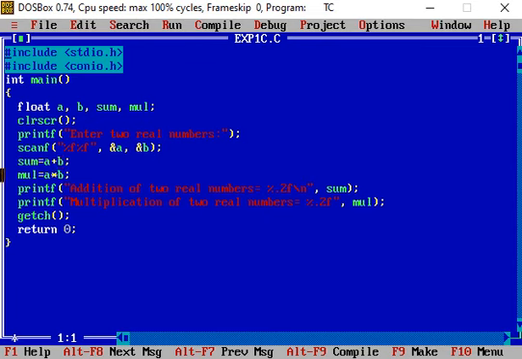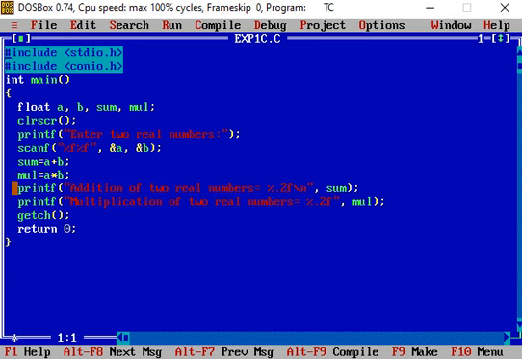In a similar way, mul equal to a into b semicolon, multiplies the two real numbers contained in variables a and b, and their multiplication is stored in the left side variable mul.